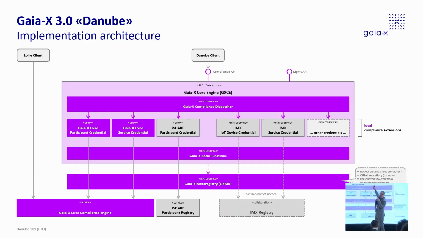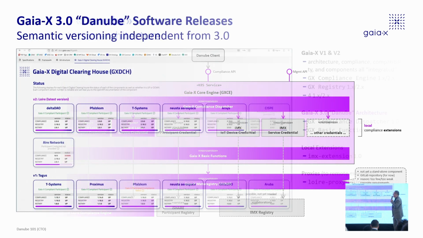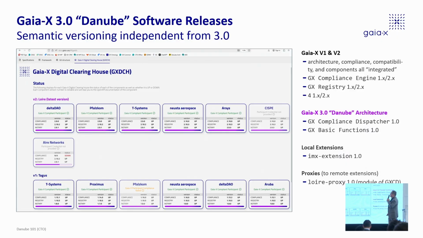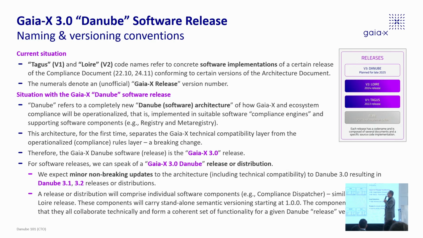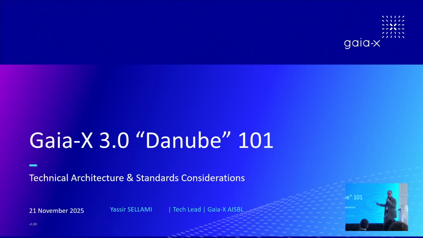But this is the piece continuously checking technical compatibility. Because technical compatibility, yes, you can evaluate it once, but if you do it like that, and you trust our software, obviously, then you can always maintain technical compatibility. So that's, I think, yeah, looking at the time, I won't go into the details, and I will rather hand over to Yassir. If you have any question, I can come back to that. You can read the text about versioning, please.